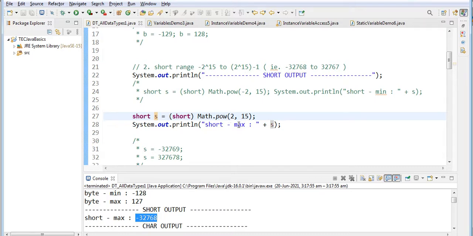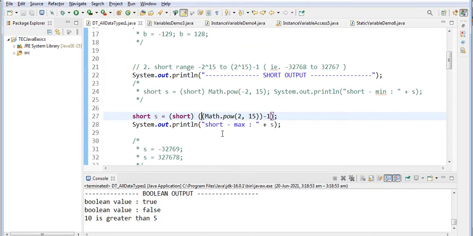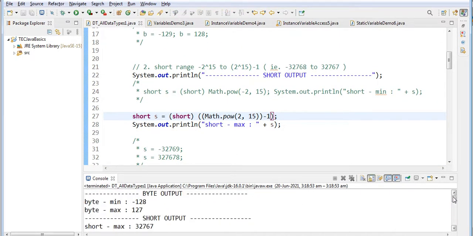This is not the correct value. Let us see.